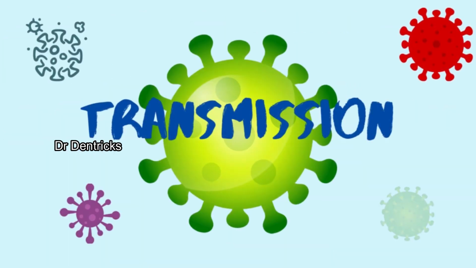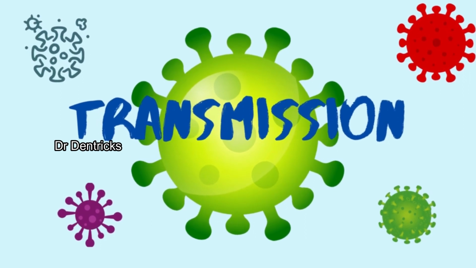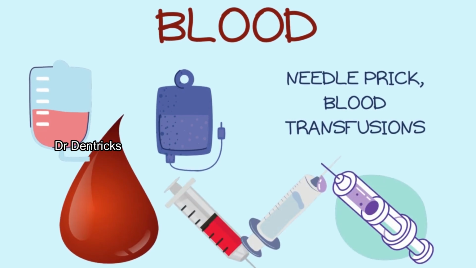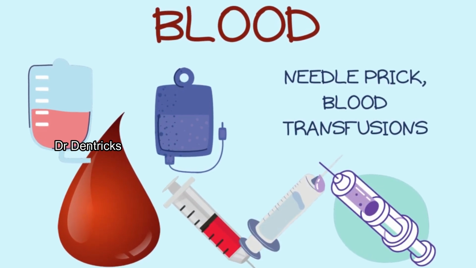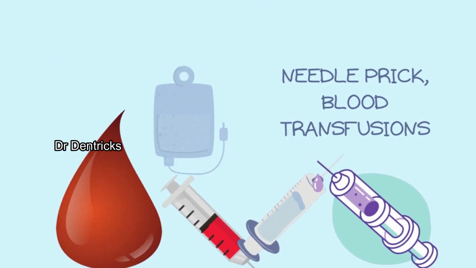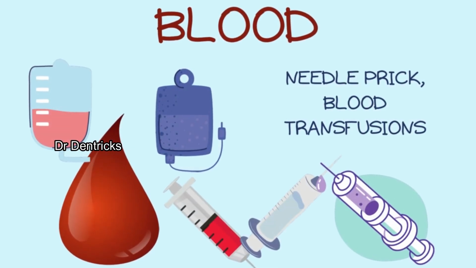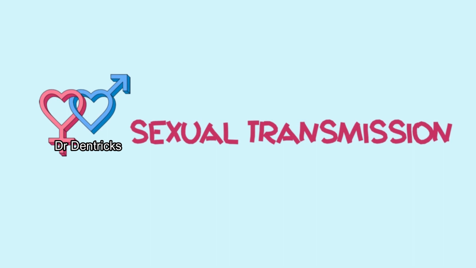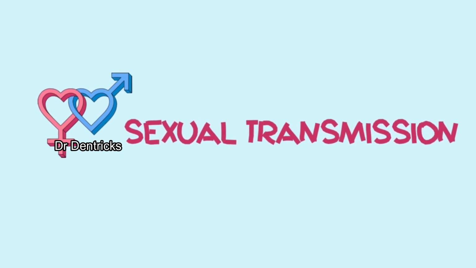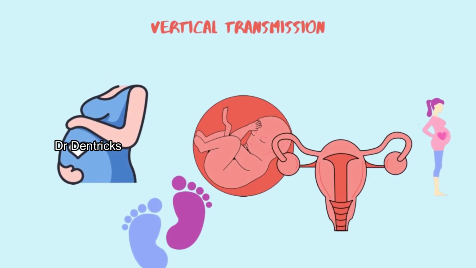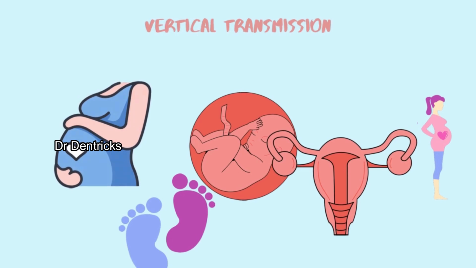Going into the routes of transmission, like how it gets transmitted from one person to another, the major route of transmission is by blood. Patients with sickle cell anemia as well as thalassemia are more prone to this infection because they more often go for blood transfusions. The risk of contamination is higher in drug addicts, where they share needles between one person and another. The other route is sexual transmission, where the individual participates in unprotected sex with multiple partners. The vertical or perinatal transmission from mother to child occurs during childbirth.